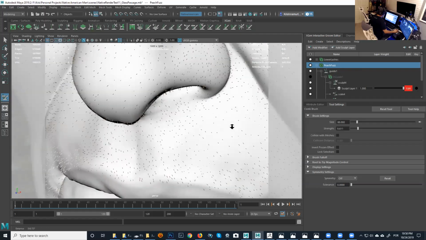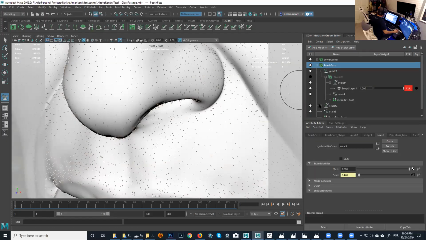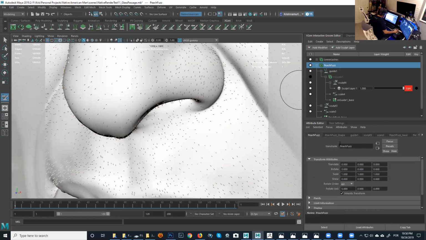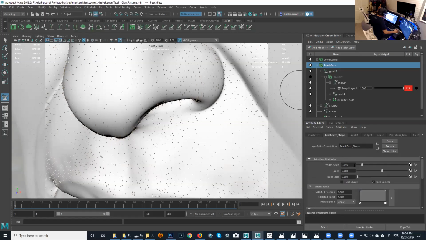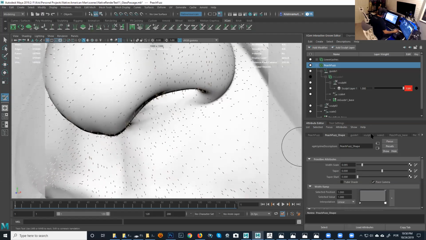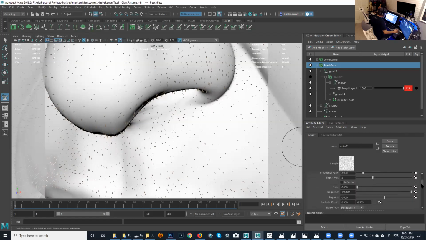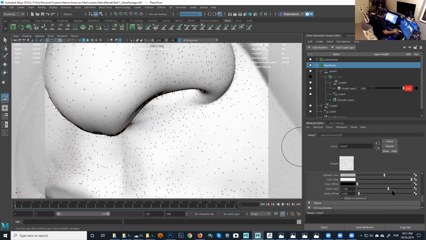Okay, so for the thickness of the hair, those little guys have to be very, very tiny, very thin. I have the scale here so you can see it at 0.95, but I would go higher with that. The scale itself as well, I think I'm going to crank it a little bit more here. I think it looks a little bit